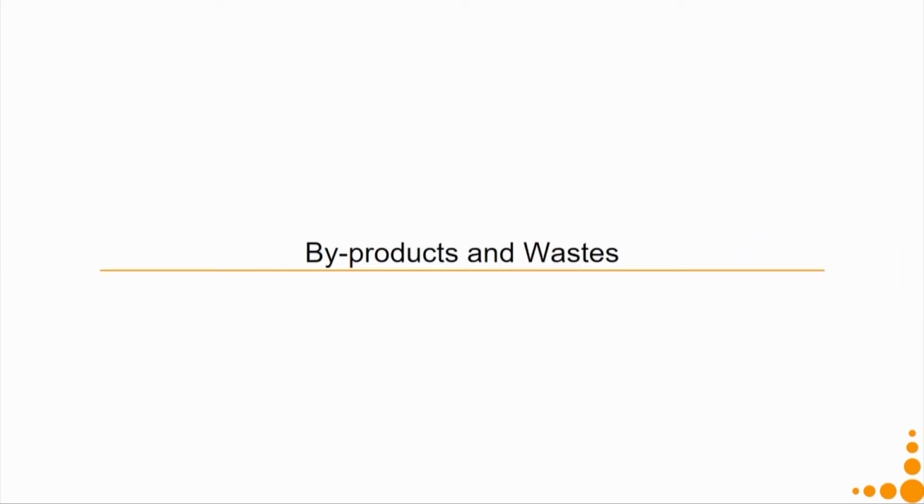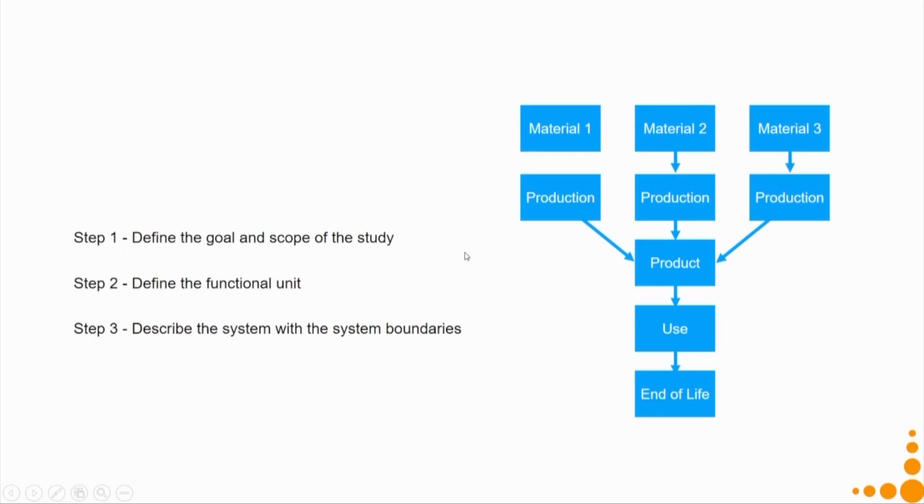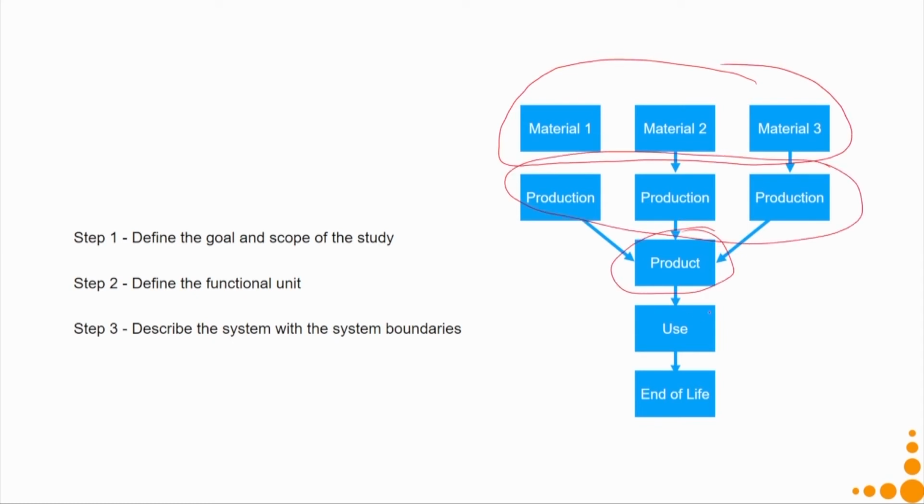So, say for example, we have this particular system composing materials, the production, the product, the use and the end of life. First is when we are going to report our study, these are the 4 steps. If we start with design of a new product, we go the reverse way. So, in the context of designing a product, first we go to step 3 as my first choice, describe